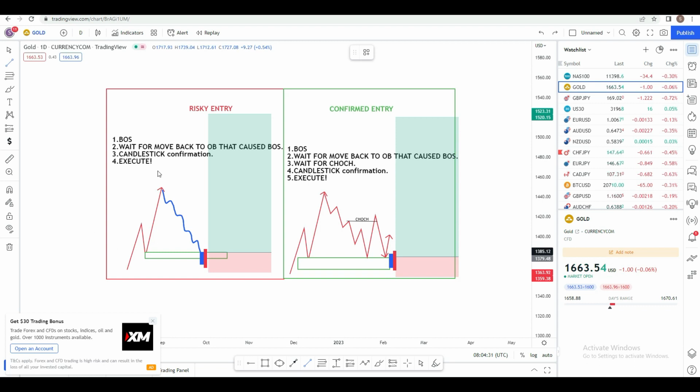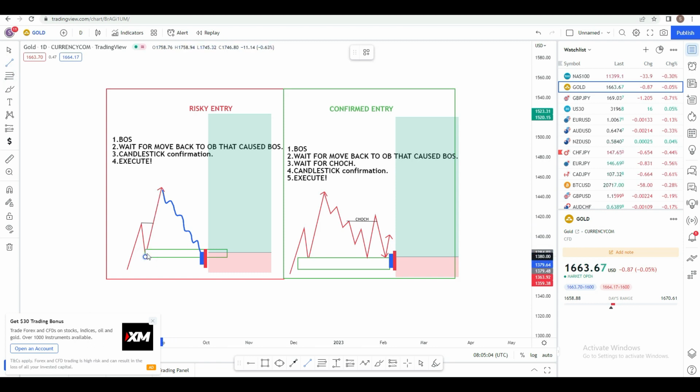All right, so the first thing that we're looking at here, as you can see in this scenario, we've got a high low, and then price breaks structure. So we get a break of structure. That's number one: wait for a break of structure. And then number two, we want to wait for a move back to the order block that has caused the break of structure. So the zone responsible for the break of structure, and where we can identify a bank move, where we can identify